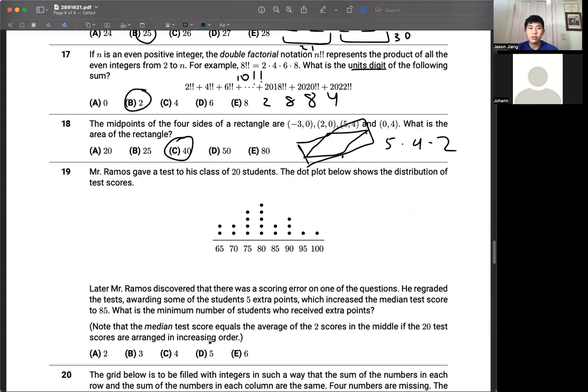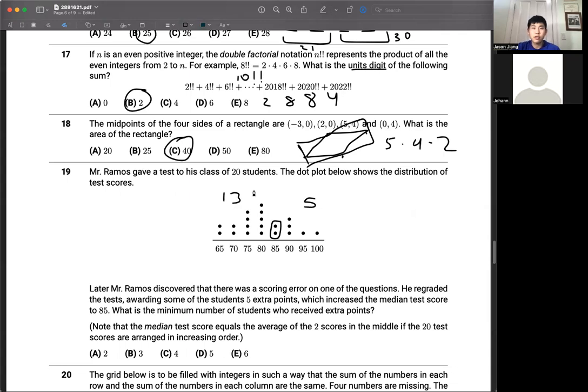Note that the median test score equals the average of the 2 scores in the middle if the 20 test scores are arranged in increasing order. So first thing we need to do is figure out how we're going to have a median of 85. And we could just keep these 2 students. If these 2 students are in the middle, then we have no issues. 85 median is preserved. However, right now there's only 5 students to the right of that, and there are 13